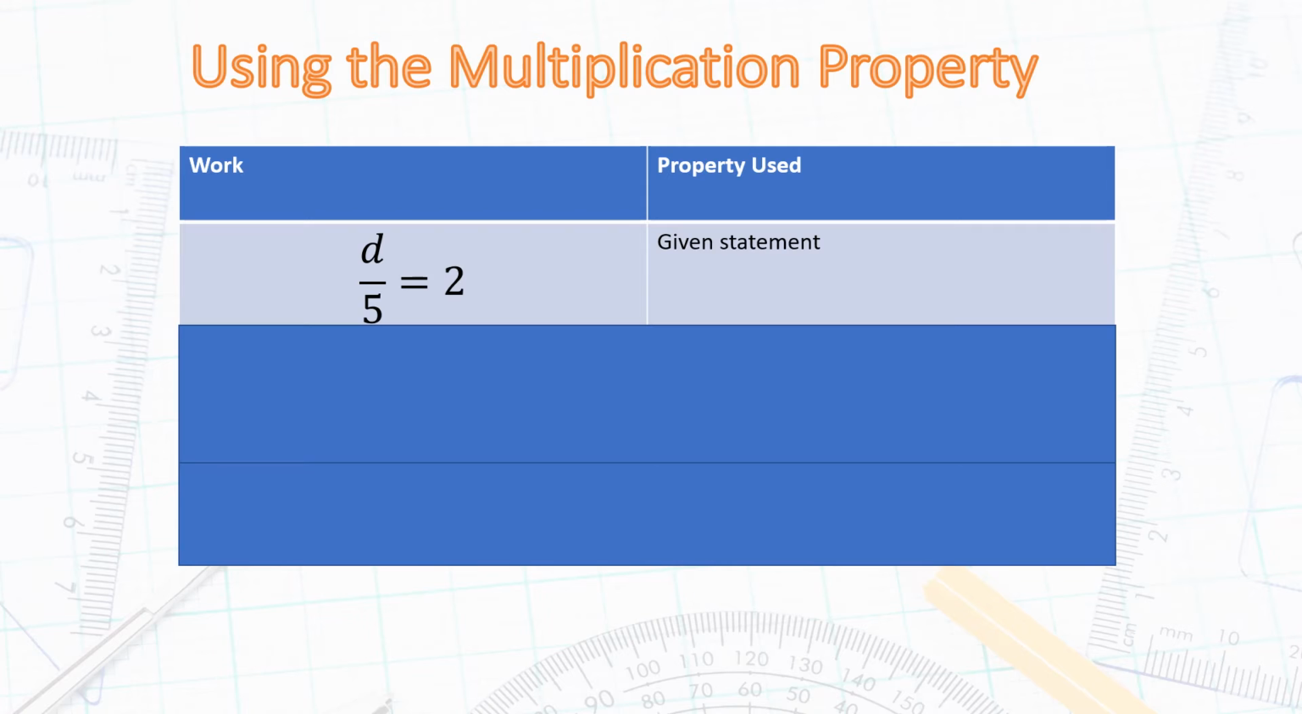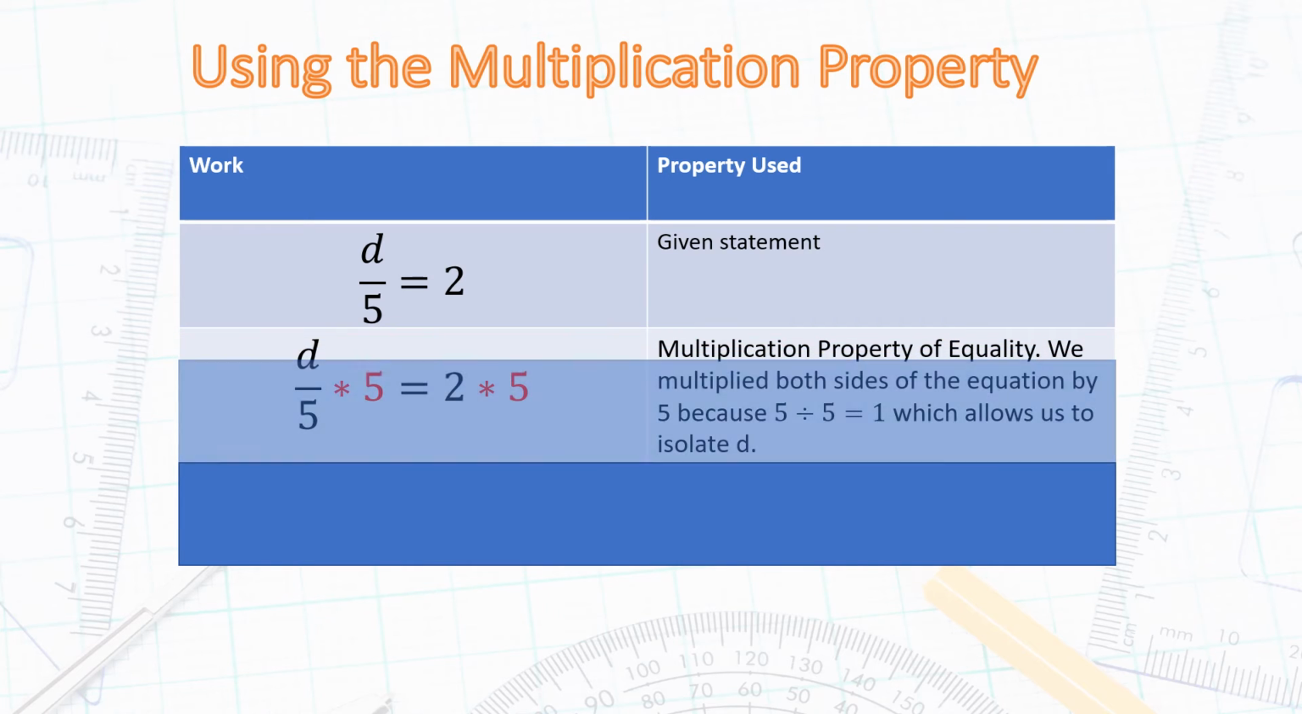All right, our multiplication property. We've got d over 5 equals 2, and a fraction, remember, the denominator is the same as saying d divided by 5. So d over 5 is the same as saying d divided by 5, or 1/5 times d. I want to get rid of the 5 because I want d on its own. If I want that to cancel out to be an identity value, I need to multiply by 5 on both sides. So using the multiplication property of equality. So if I multiply by 5 on both sides,